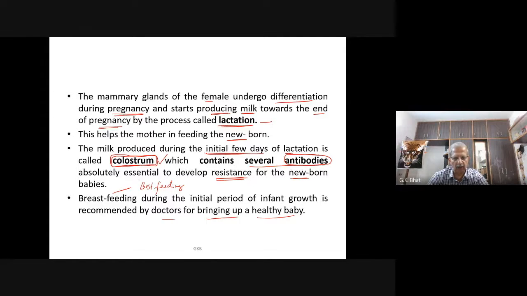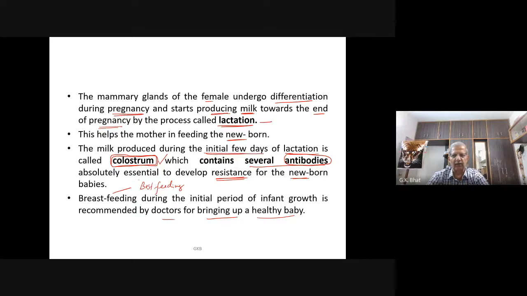Unfortunately, I am sorry to tell, some of the mothers are bothered about their own beauty rather than caring about their baby. Many of the mothers feel that by feeding the baby with breast milk, their breast gets D-shaped. They are unfit to be called mothers. I am not telling that all women are like that, but there are many women nowadays thinking in that line also.